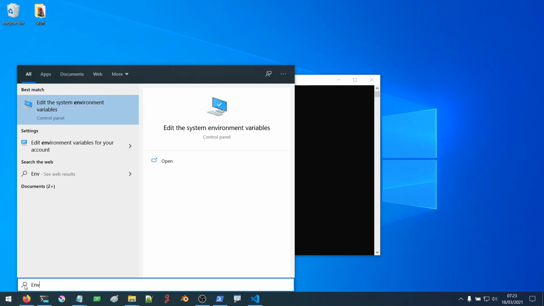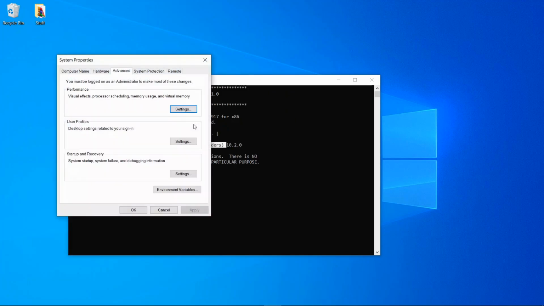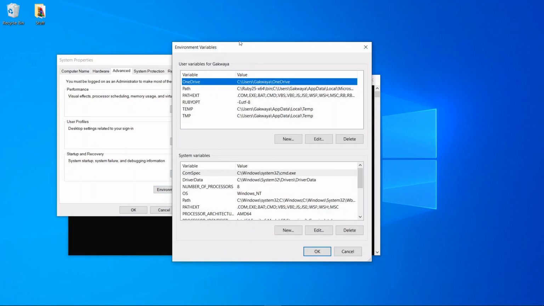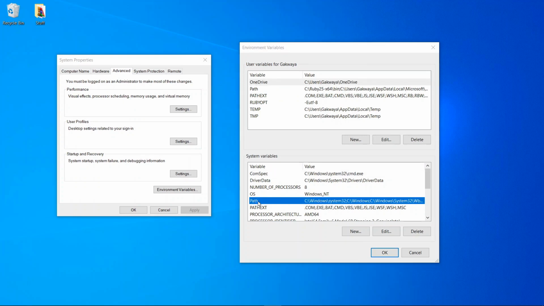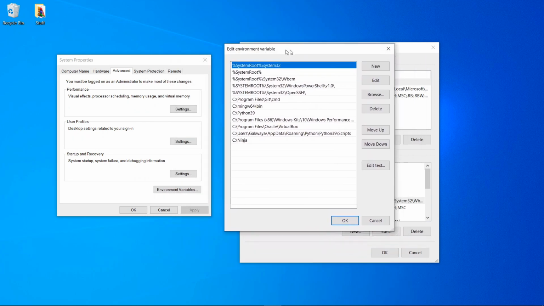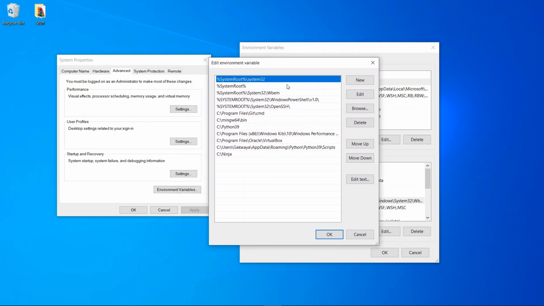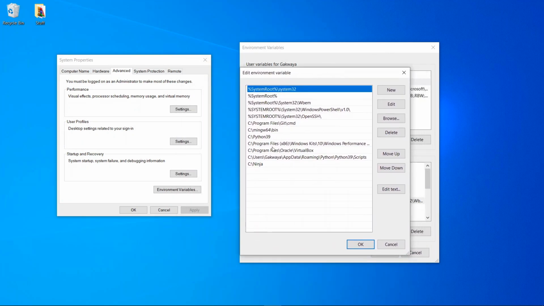Let's type env in our start menu here, and we're going to have this window saying edit system environment variables. We're going to click on this. We're going to go into environment variables, and you can set up environment variables either for your own account or on the entire system. So if we go down here in system variables, we're going to see that we have a path variable, and whatever you need to access directly on the prompt will need to be set as an environment variable here. So for example, you see I have a path for my GCC compiler, which is living in my C drive. I have a path to another thing we're going to be using later called Ninja,